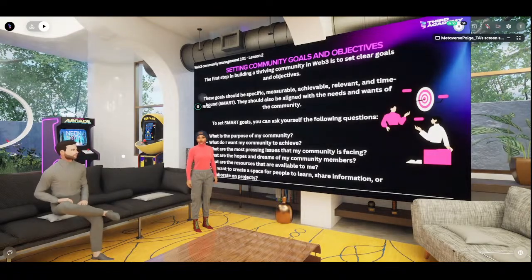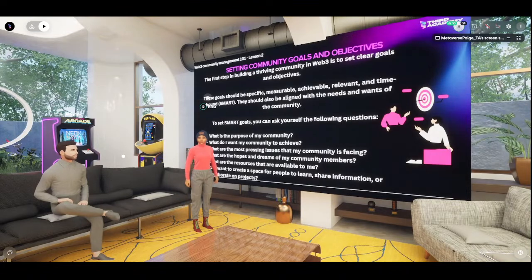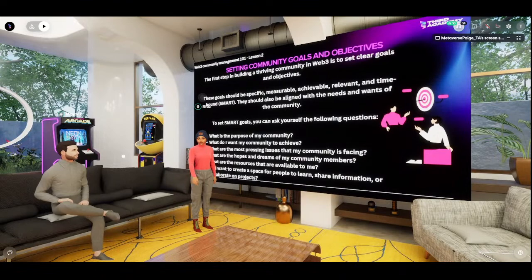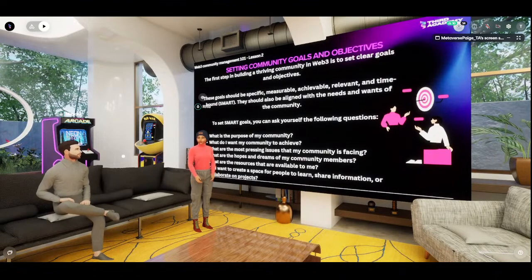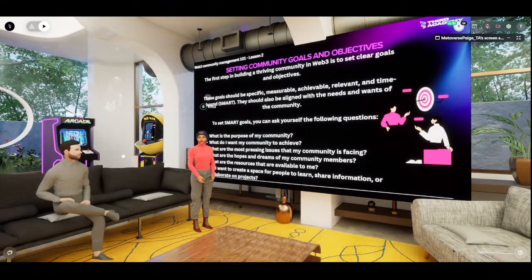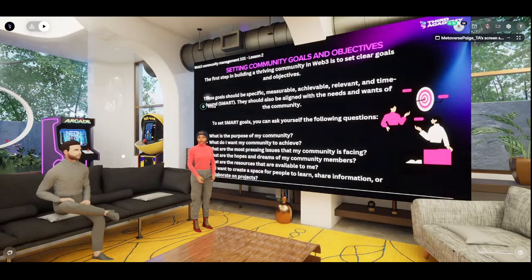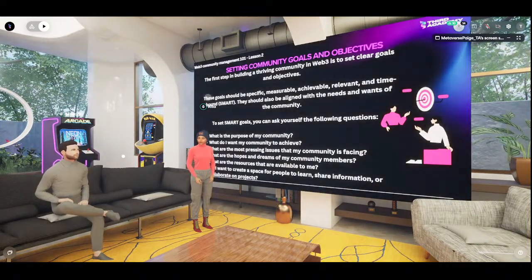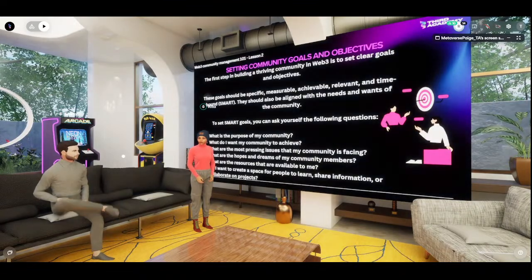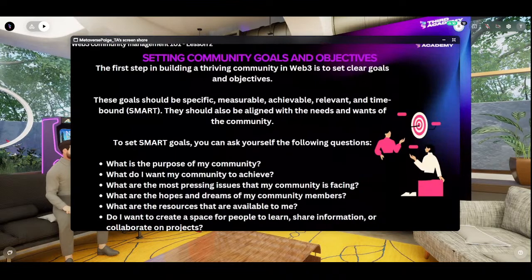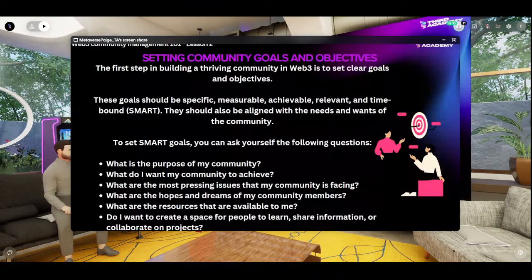What are the resources that are available for you to meet the needs of your community? And then finally, as a community builder and community manager, you want to determine the kind of space you want to create for the people in your community. Is it a space for them to learn, to share information, or to collaborate on projects?